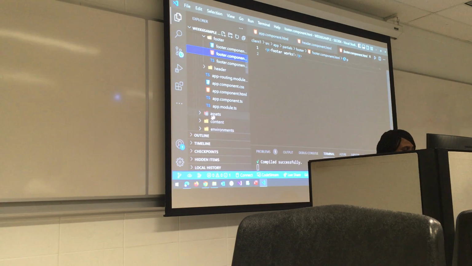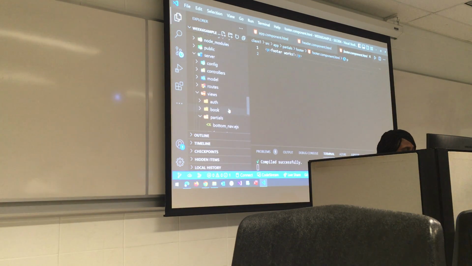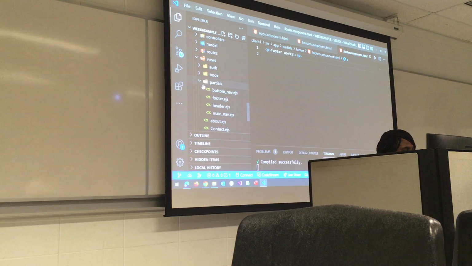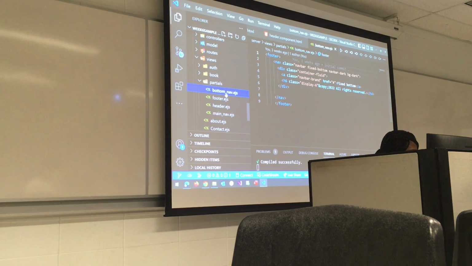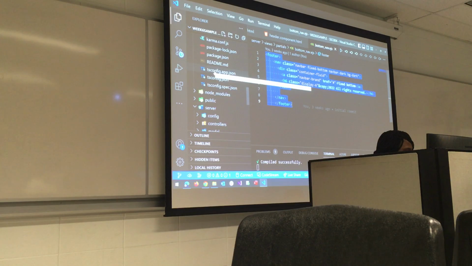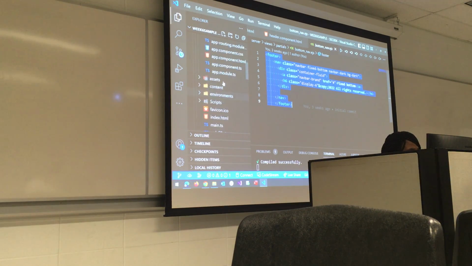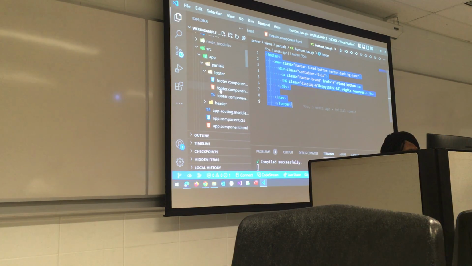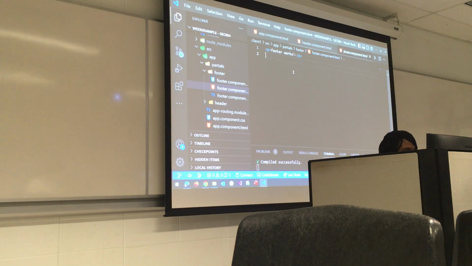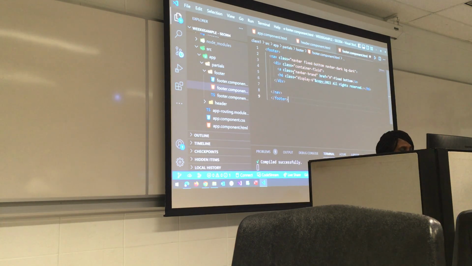So you can go back and copy from your EJS, the Express we created in the server where you have the partial views, bottom_nav.ejs. Right, so copy all what you have here, then navigate back to the footer component.html. Remove what you have there and paste this in.